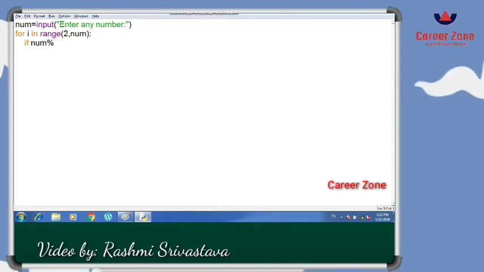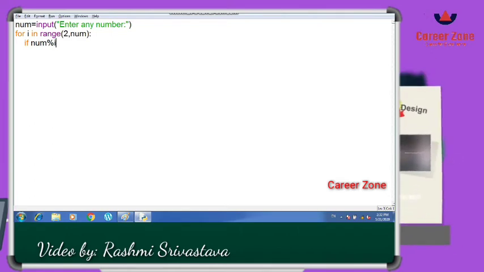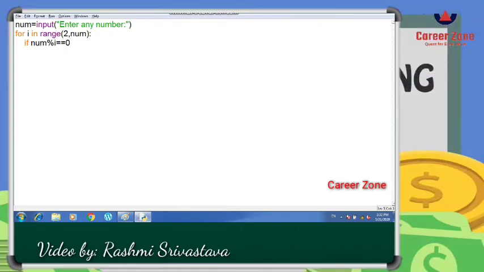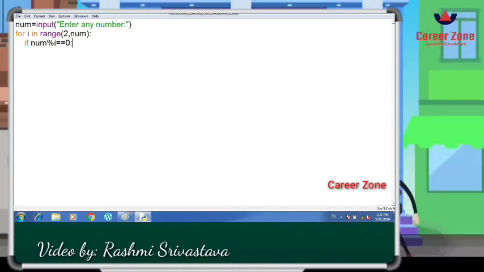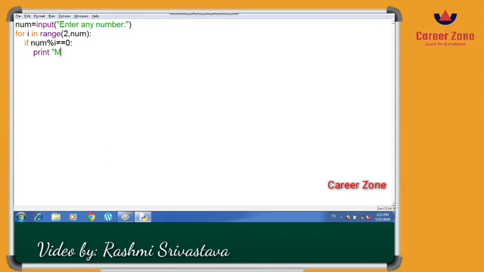If num, as I want to check the remainder to see if it is successfully divisible or not, so I'm using the mod operator here: num mod i must equal 0. So the first time, when i has the value 2, and suppose the user has entered 7, it will divide 7 by 2, and if it is successfully divisible, then it will say that it is not a prime number.